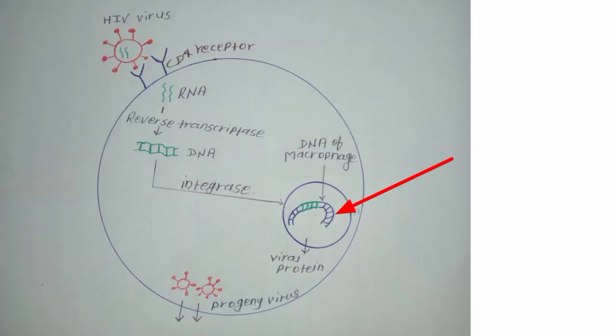Now, for example, this cell is a macrophage, this is the DNA of the macrophage, and outside the cell is the virus. As you know, the virus uses a special surface glycoprotein to connect to the CD4 receptor, and once bound, through conformational change and alteration in the plasma membrane, it facilitates a sort of receptor-mediated endocytosis that pulls the virus inside the host cell. Once inside, we have uncoating, so all of this protein will be removed and the genetic material, that is RNA, is released into the host cell cytoplasm.